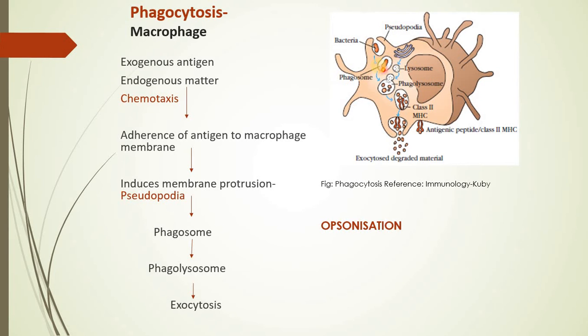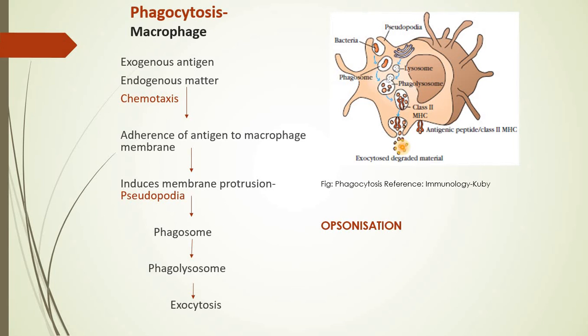This process of taking the pathogen into the cytoplasm of the cell leads to formation of a membrane bound vesicle containing the antigen, and this is called a phagosome. This phagosome fuses with the lysosomes present in the cytoplasm of the macrophage and leads to formation of a phagolysosome, as the lysosome contributes lytic enzymes to the phagosome. These lytic enzymes act on the antigen trapped within the phagolysosome.